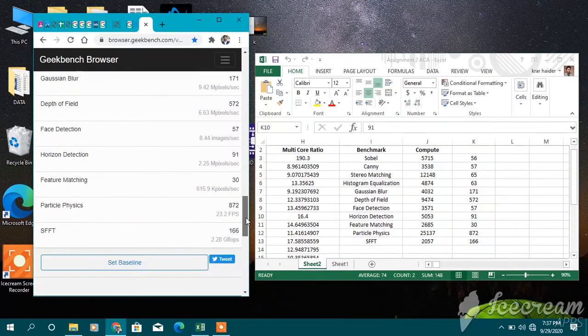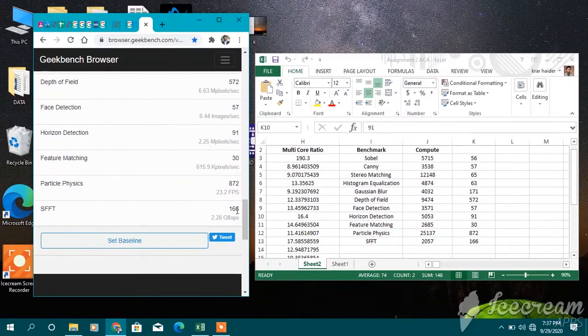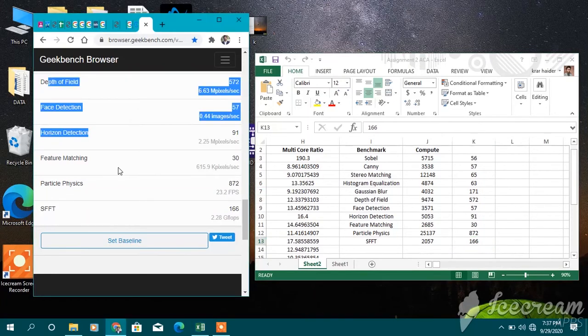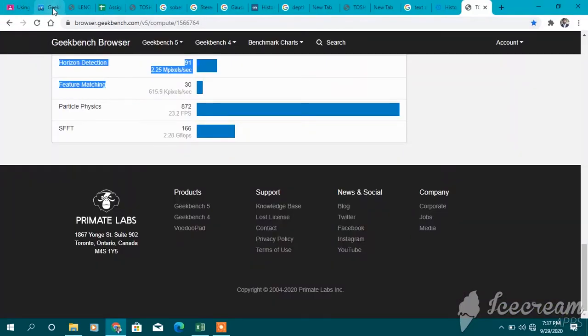So all of these values I have put over there, and the last value is 166 here, and the last value is 166 here. It means I have put all of the values on the Excel sheet, and same like this.